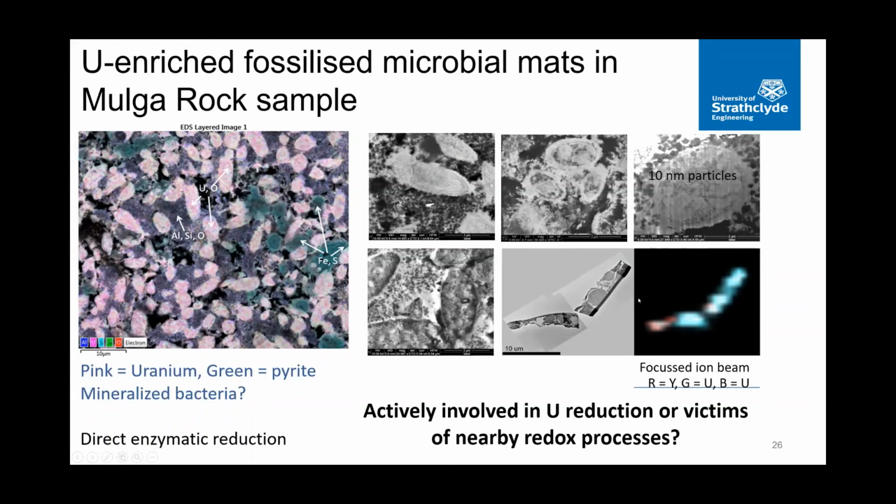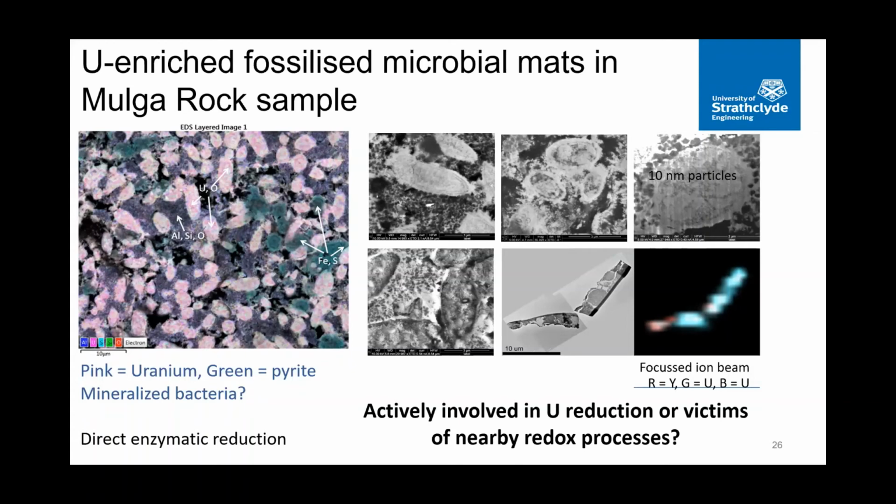Taking this to the XFM beamline, at this point, I mean, this is pretty amazing. The FIB sample is on a copper grid, the copper grid's 3 millimeters in diameter, and we get this image from the skill. I have to hand it to the skill of the beamline scientists to do this. So we get the image, and it's mostly uranium with a bit of yttrium. I think we've discovered some other elements there, but they're immortalized with uranium. The diffraction patterns from the TEM aligned with coffinite rather than uraninite,